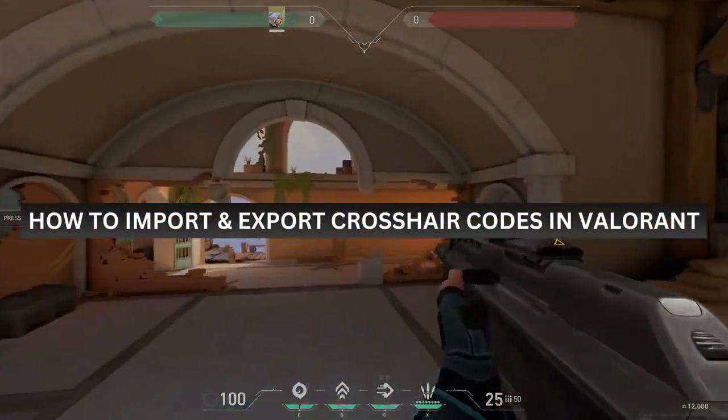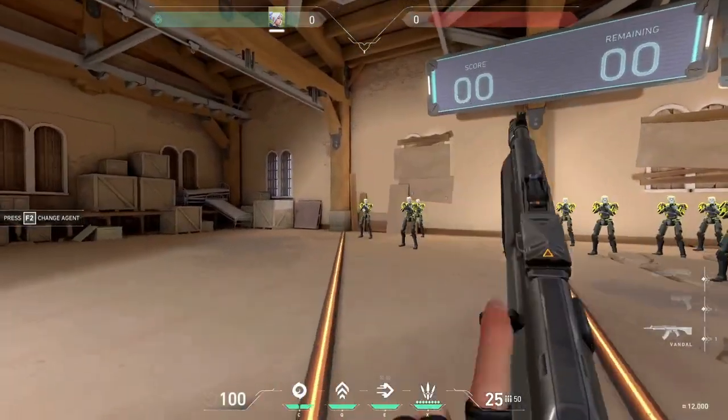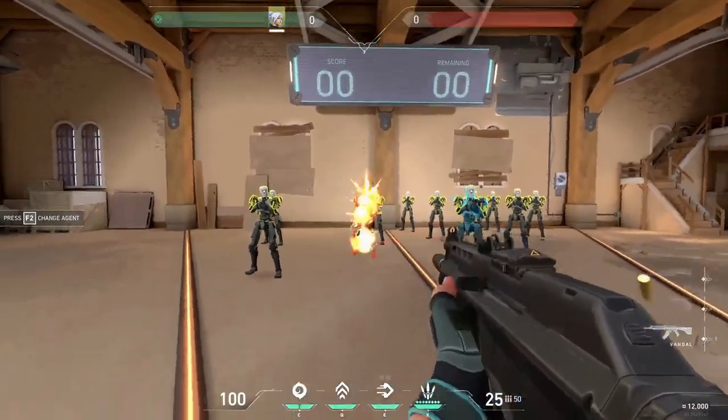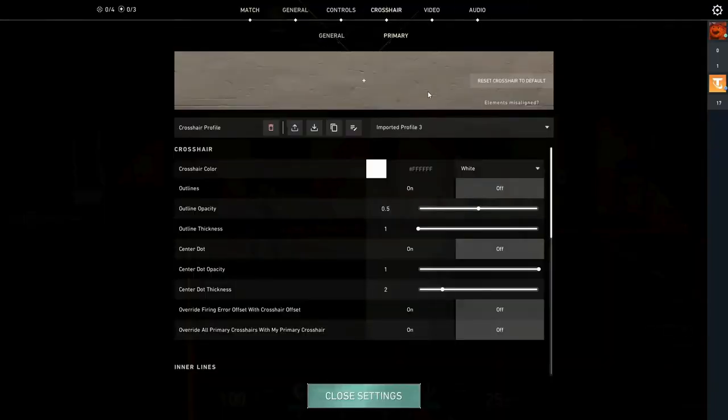How to import and export crosshair codes in Valorant. So first, you just simply need to open up your settings. Open up your settings, go to Crosshair, and let's say you already have a code that you want to